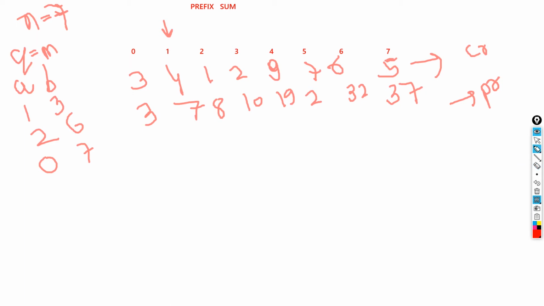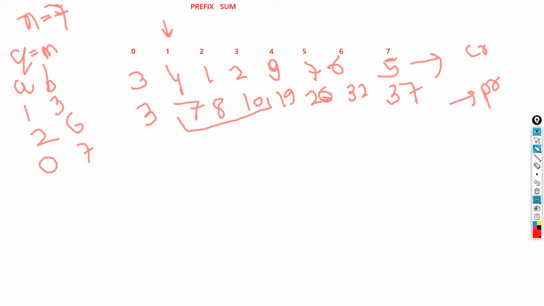The thing is, can we do the range query in an optimal way, like we do not need to traverse? Let's say we have the first query wherein we need to find the sum from 1 to 3. So 1, 2, 3: the sum was 4, 1 is 5, and then 7. So can we do that in any other way? We need to calculate from 1 to 3. So can we see that A of 3 means that we have the sum of all the elements up until A of 3? So what is the extra element that we have? This 3. If we remove this 3 from the 10, because this 10 includes the sum of A of 0 also.